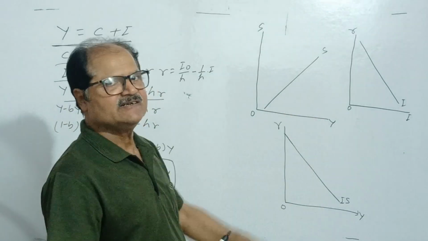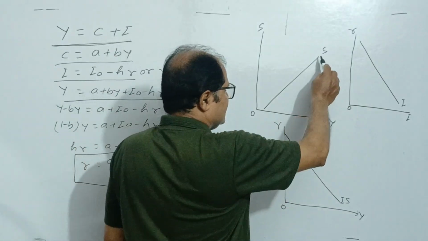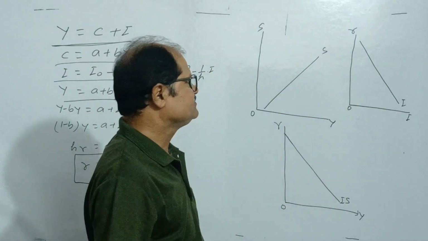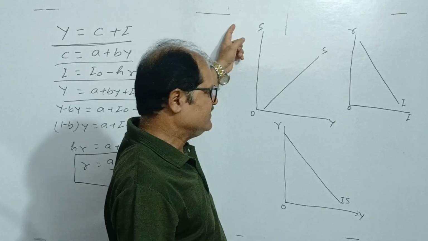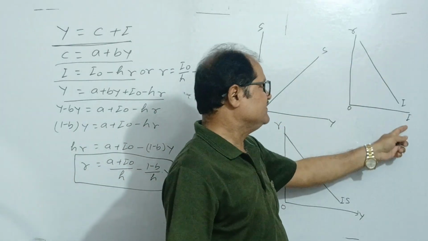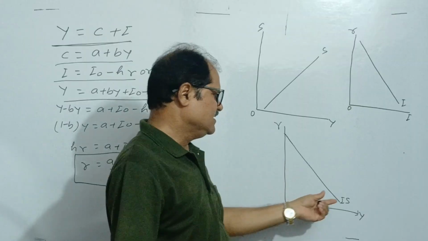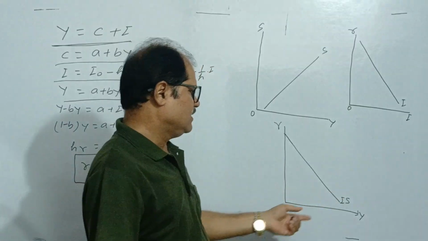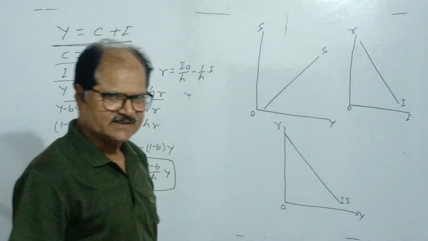यहां पर हमने तीन कर्व ड्रॉ किए हैं। ये है सेविंग कर्व, इनकम सेविंग, दिस इज इन्वेस्टमेंट कर्व और इन्वेस्टमेंट फंक्शन, इन्वेस्टमेंट रेट ऑफ इंटरेस्ट, एंड दिस इज IS कर्व, इनकम एंड रेट ऑफ इंटरेस्ट।